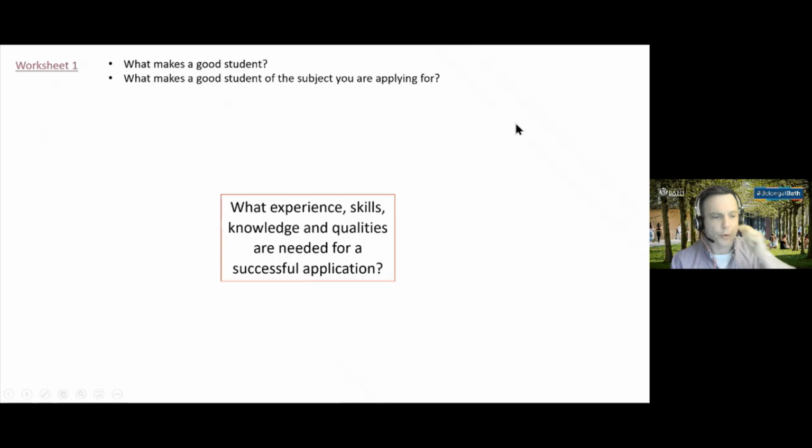If you've got the worksheet, it should look something like that. If you haven't got a worksheet, it doesn't really matter. Please just have a pen and paper at this point. What I want to do is get you thinking that whilst you're doing your research at the moment, it could be that you're going onto a university website, going through Unifrog, or going onto the UCAS website,